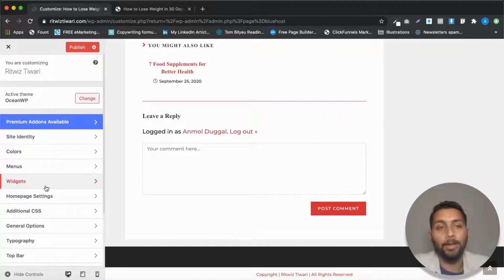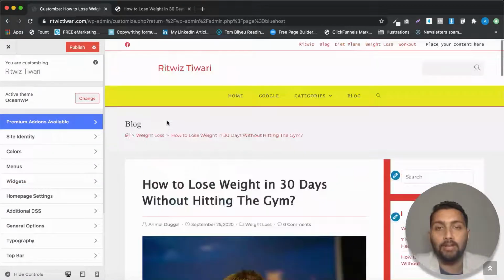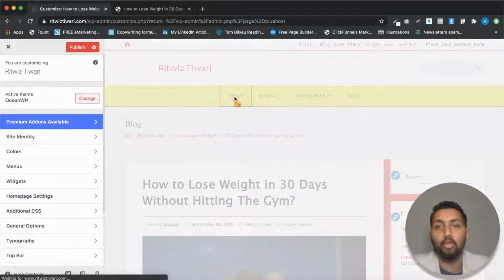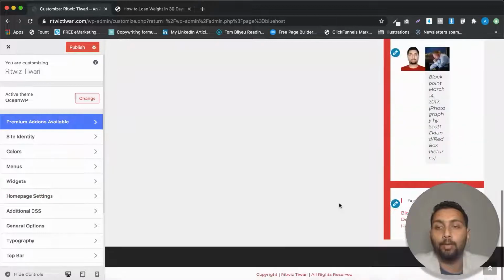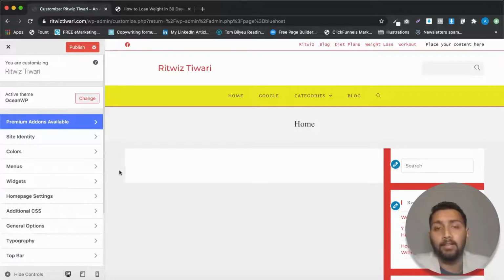All right, I hope it is clear to you how you can actually customize and set up your entire website. You now know everything about the OceanWP theme and all the customization options that it provides you, and you know how you can beautifully design your website, each and everything: the width, the sidebar padding, the background colors, the text colors, the header colors, the top bar colors, the menu bar options. Everything that you have seen is actually very helpful in designing your website.